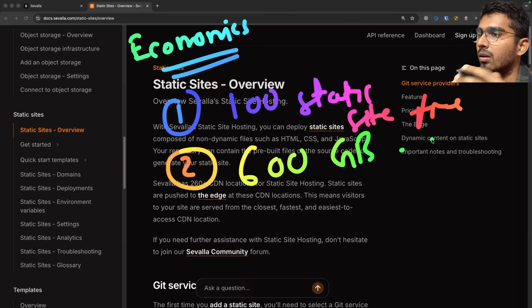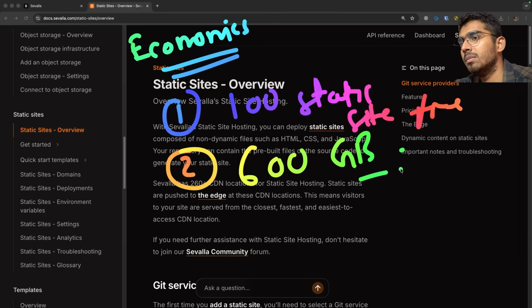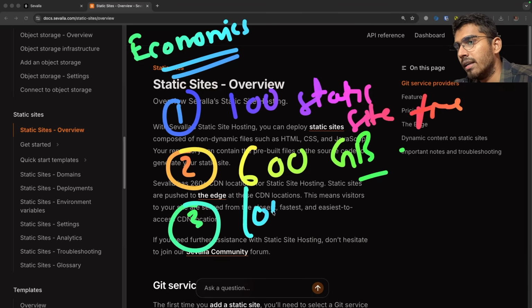That's why the build time may be longer. That's why we have a limitation, but 600 GB per month is more than enough for your build time. Third, 100 GB